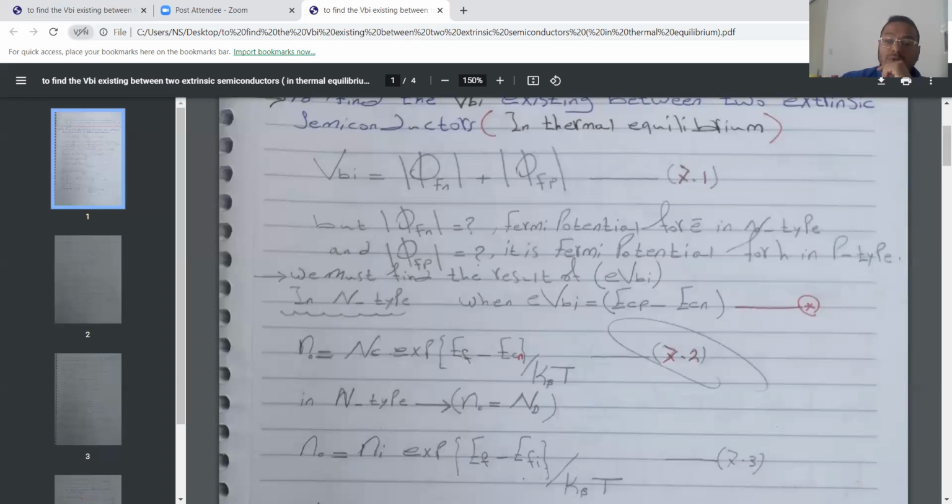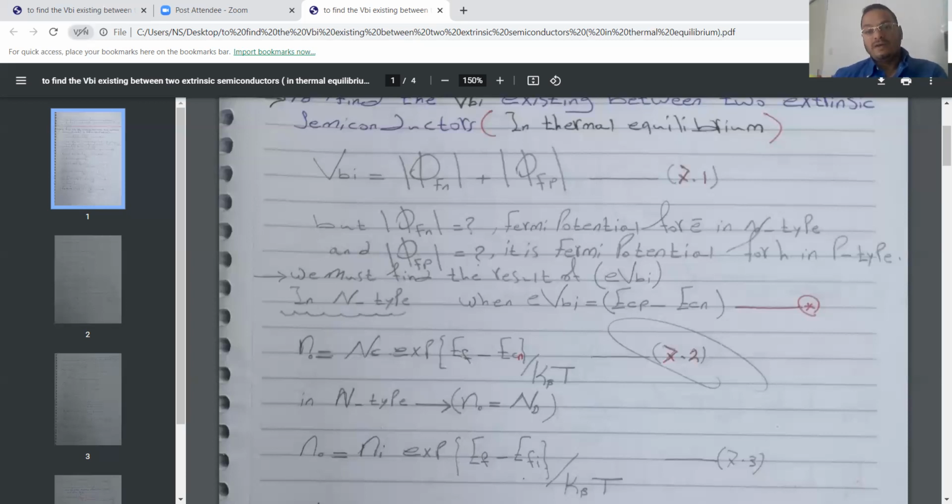The built-in barrier potential is an equilibrium quantity. So that means no current is produced by this voltage. And as we know, the built-in barrier potential can be determined as the difference between the intrinsic Fermi level in the P region and the N region. Now,